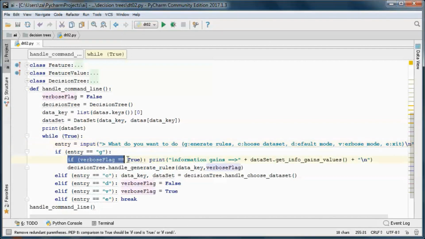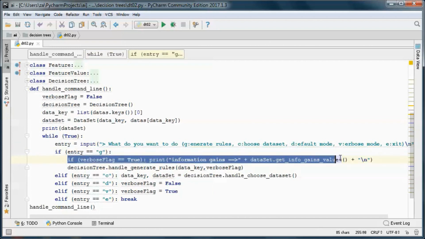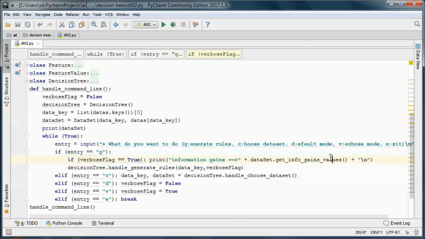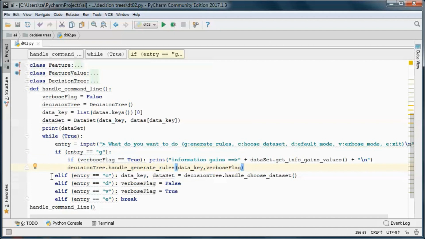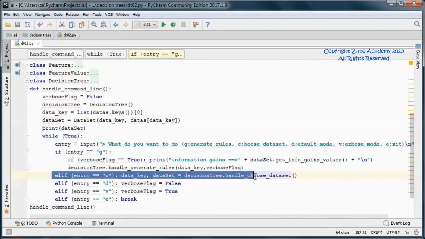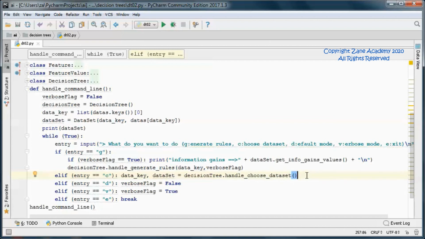And if we are in verbose mode, we display all the calculations. So here we are handling rule generation, and here we are allowing the user to choose between one of the datasets that are available, and we break out from this always true loop if the user chooses to exit.